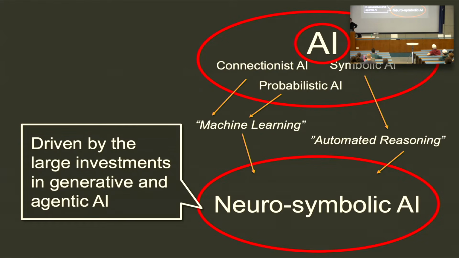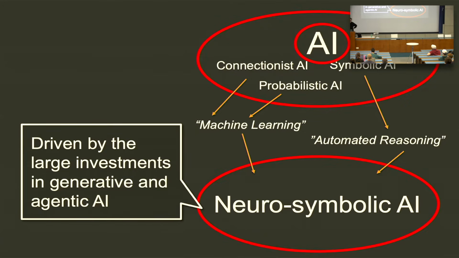And that's driven by the large investments we're seeing in generative AI and agentic AI. Now, I do believe that we're in a bubble, and I believe the bubble will eventually burst, and I think it's okay. A lot of the people who don't understand the tech will go away. But there are really genuine and interesting ideas there. So while this bubble lasts, use that gravitational pull to get stuff done and get stuff funded. It will eventually pop, and we'll go through a bit of a dark period.